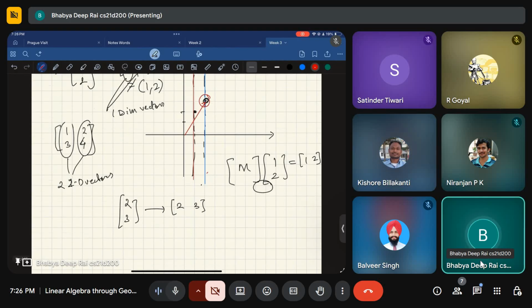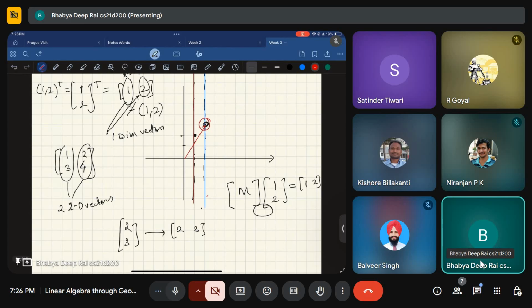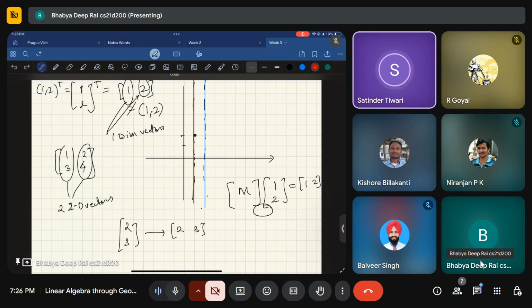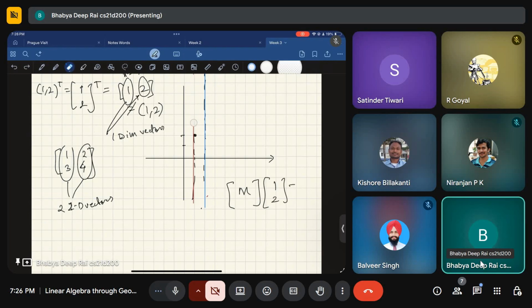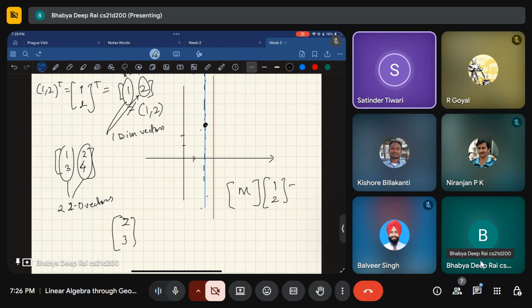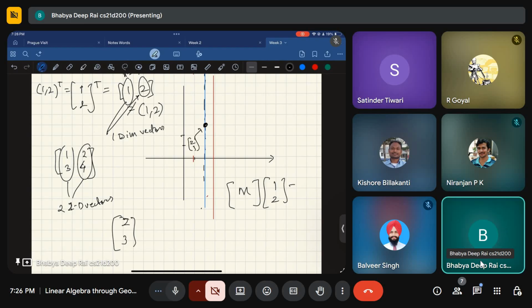So what happens if you plot two, three? You get this blue line, and then you get this three. But what is two, three? Two, three is here. So if you see two, three, these two lines represent two, three. It's when you visualize a lower dimensional object on a higher dimensional one.